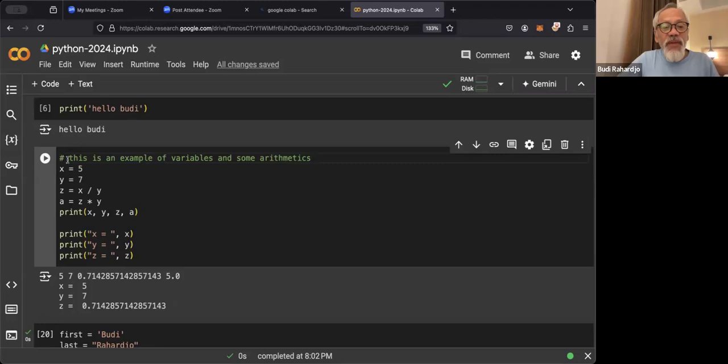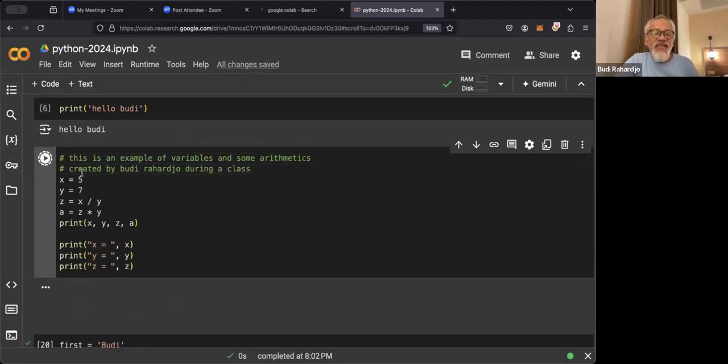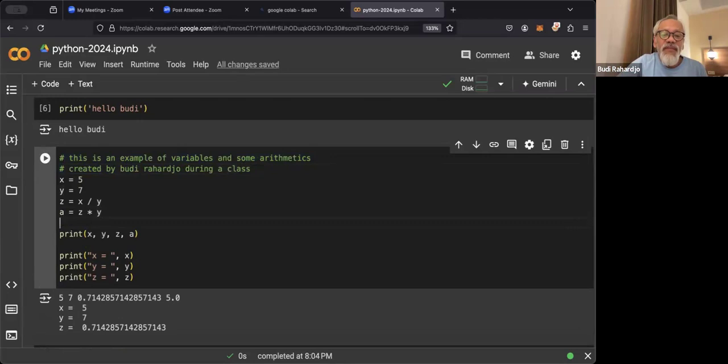This pound sign means do not execute this line. So we can write comments. I can say created by Budi Raharjo during a class, for example. I can run it again, and it will still execute the rest. It's not going to execute this, but this is good for our notes. So later on, when we look into this, oh, okay, this is how we do it.